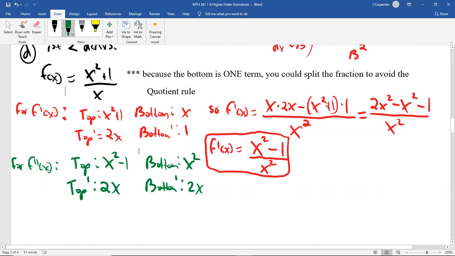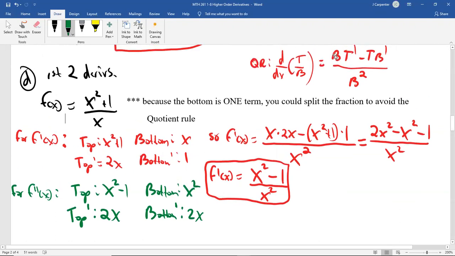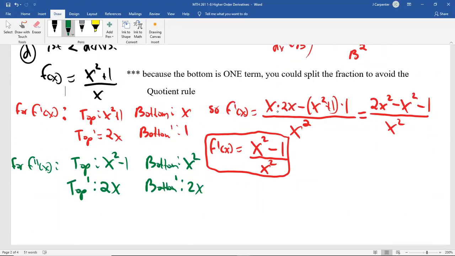And now we can apply the formula, which is bottom times the derivative of the top minus the top times the derivative of the bottom over the bottom squared. Or the derivative of the top times the bottom minus the top times the derivative of the bottom. There's a lot of different ways to write that, but not nearly as many as the product rule. Okay, so